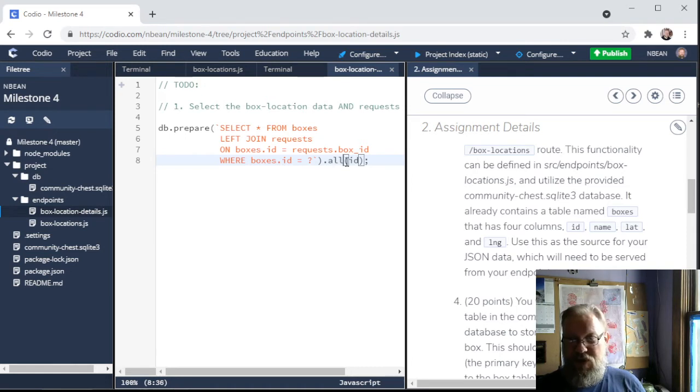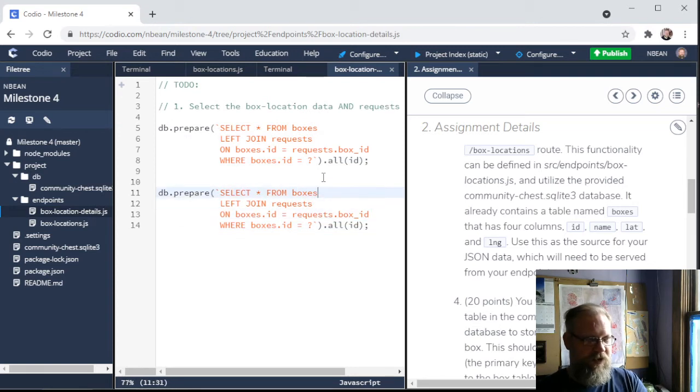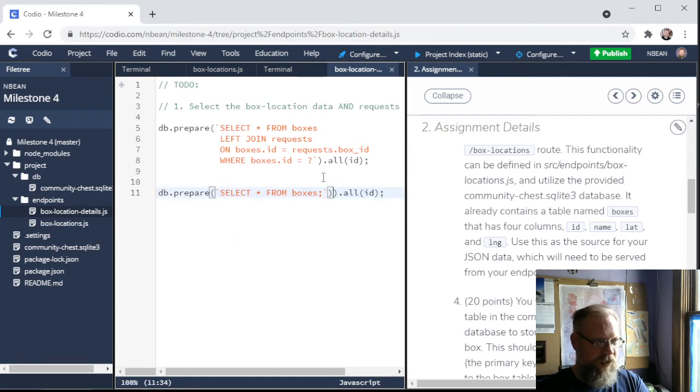If we were doing this with MS SQL or MySQL, one of the ones we could actually change that so that this second half actually just becomes an array. SQLite 3 doesn't support that kind of sub-array generation. So this is kind of the dirty but very usable way we can do it. Or the other way we can get around this is we can actually do two queries. So we can do select star from boxes, just like we did before, and just grab the one box. So we'd use .get,